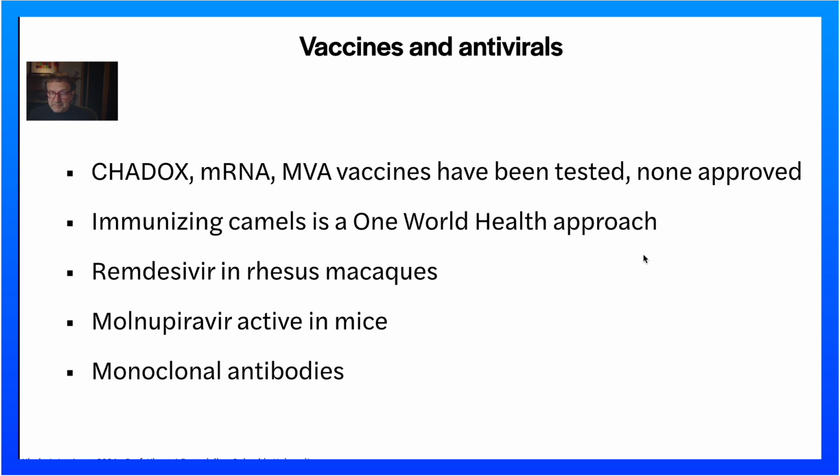All right, so what can we do? So, there have been less than 3,000 cases total. Very hard to do anything for that. There are lots of experimental vaccines and antivirals. ChAdOx, the chimpanzee adenovirus vector, has been used to carry the spike. mRNA vaccines encoding the spike of MERS-CoV, vaccinia virus vaccines, and many others. I mean, every kind of vaccine has been tested. None of them have been approved. It's not clear who would get it. There aren't that many cases.